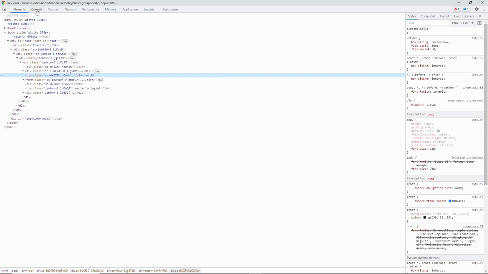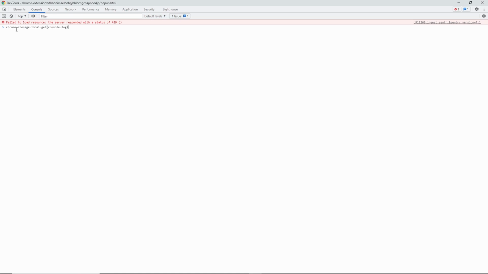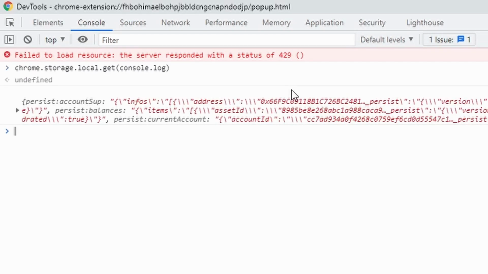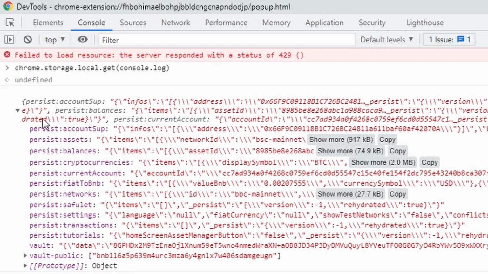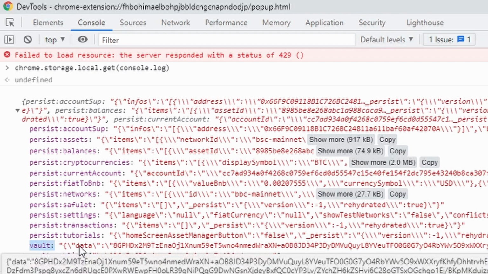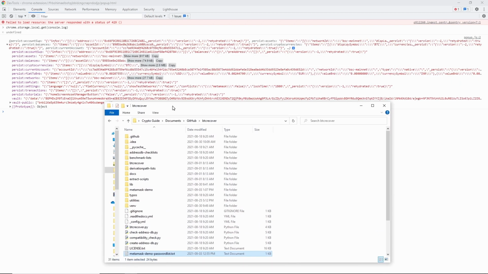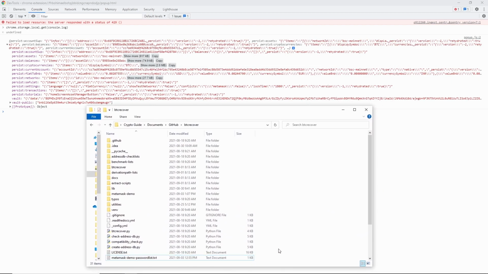Now the command that we're going to paste in here is this one here. So it's essentially chrome.storage.local.get console.log, and that is going to just dump all of the data from the wallet here. And we can actually click on that little arrow, and that will show us all of these things. And the thing we want is this one here, which says vault, and there's a whole bunch of this data here. And what we're going to do is we're going to go back into our BTCRecover folder, and look, we're